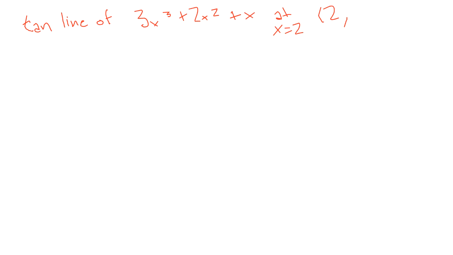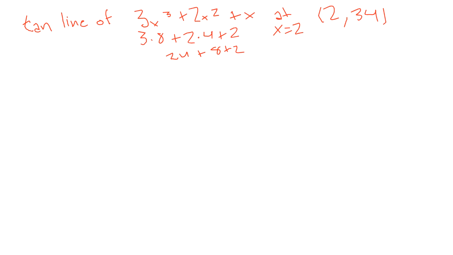So 2 cubed is 8 times 3, plus 2 squared is 4 plus 2, so we're left with 24 plus 8 plus 2, which is 34. All right, so now we're going to go ahead and plug this into our function. So now what we're going to do